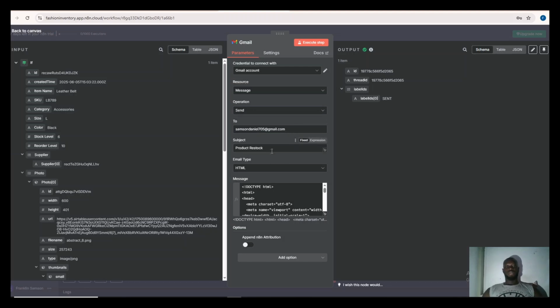And then the product restock. Sorry, I put the subject as product restock, and I put the email style as HTML, because it's easier for me to design it. So you can just use ChatGPT to design how you want your template to look. I used ChatGPT to generate it. I said, this is what I want the thing to look like, this is what I want it to say, then generate an HTML format based on this, and it was able to help me do it. So I've sent it. Let's look at how it looks